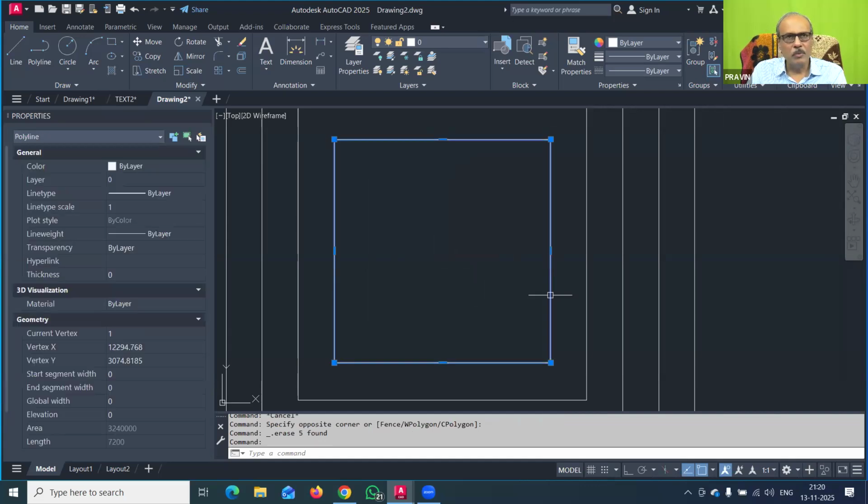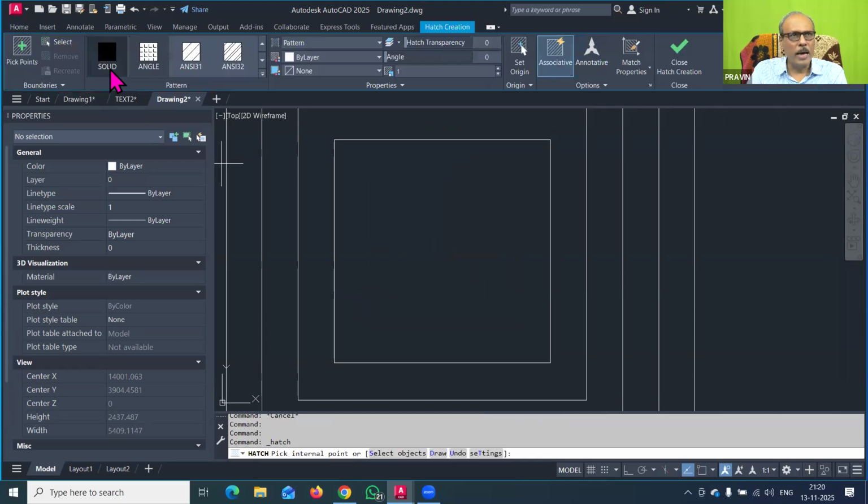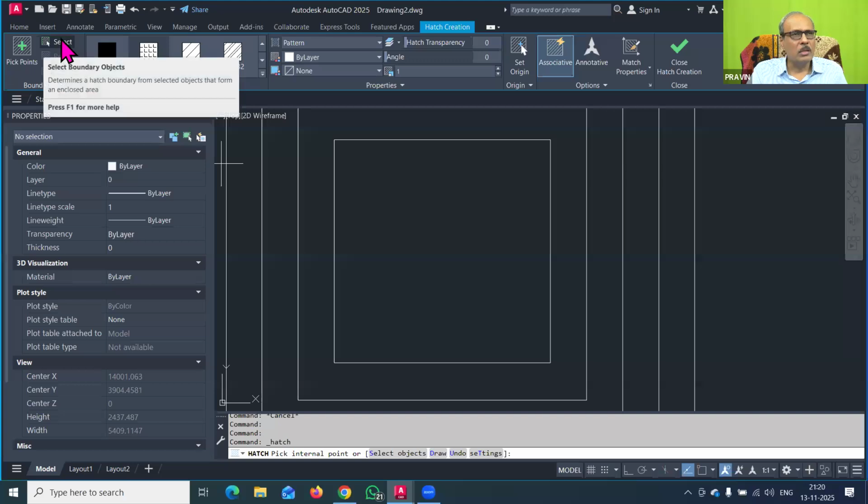For filling this, another important step is to go to the hatch command, where there are two options. These options are very important. One is pick point and the other is select boundary object. These two things are very important. The default is pick point.